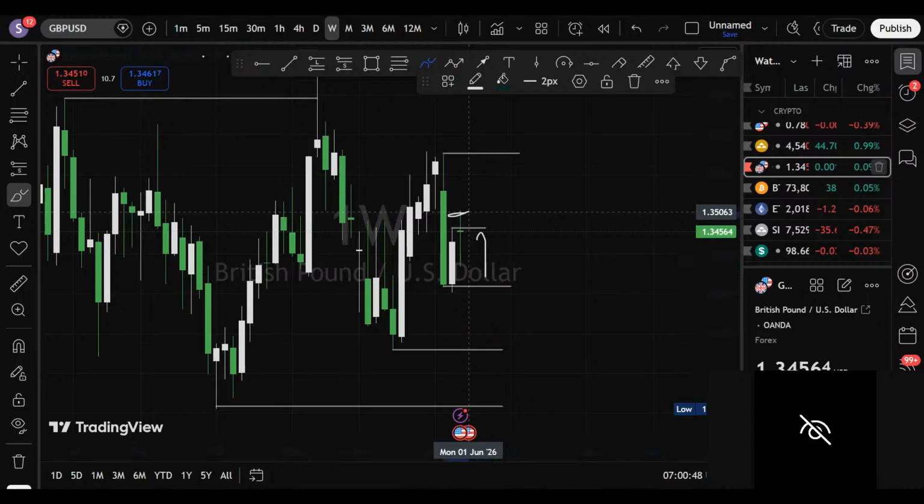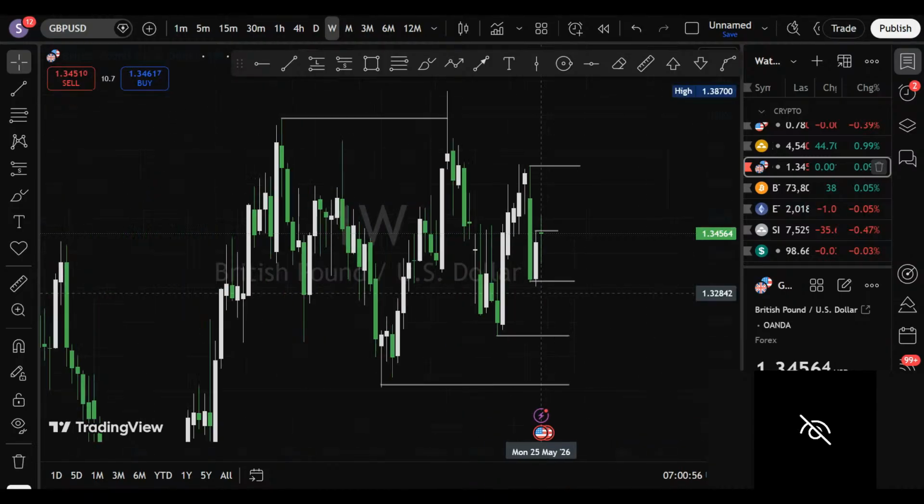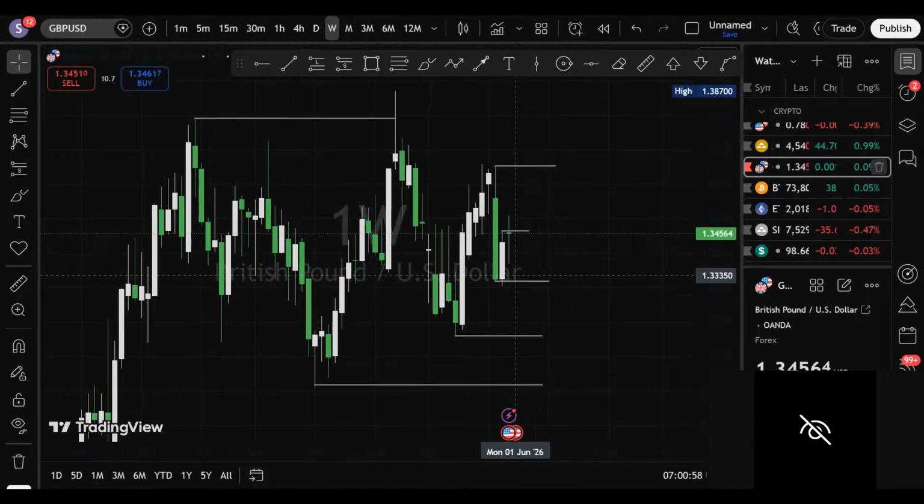This is the manipulation, and next week will be the distribution to the downside. So that's another sign of more sell to the downside on GBP USD on the 1 week time frame. This is how to do a proper top-down analysis. If you are seeing a sell on the 1 week time frame, you also have to see a sell on